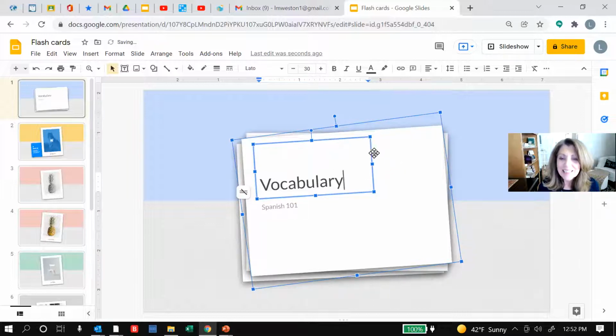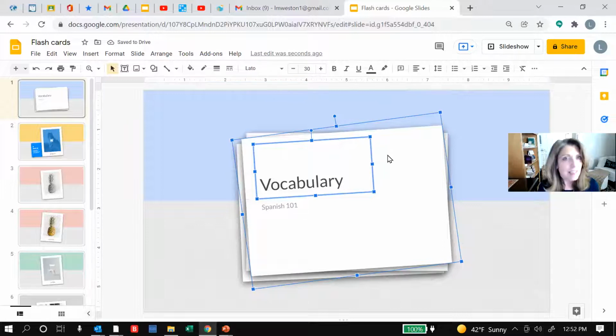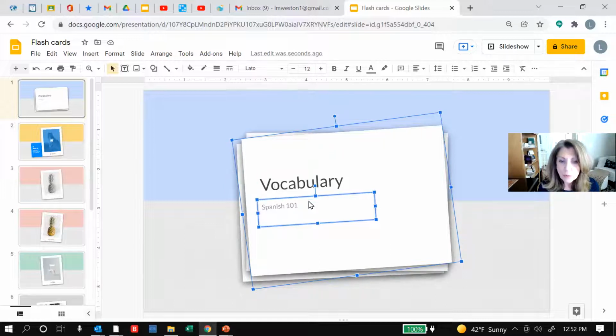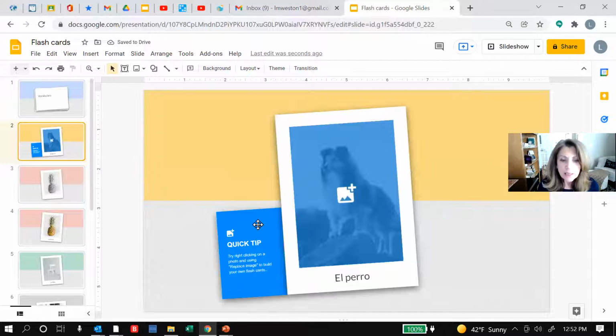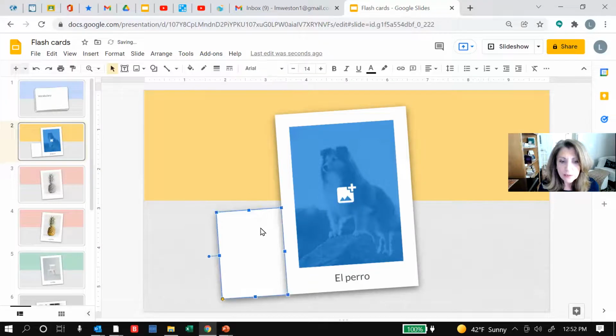I can take any existing text and, like any template, if I don't want it, I can delete it, overwrite it, etc. I don't want this little Spanish 101 text box, so I can just click on it and press my delete key to remove it. I can go to a slide and read some tips, right? Templates often have tips from the designer, but if I don't need the tip, I can just click on these